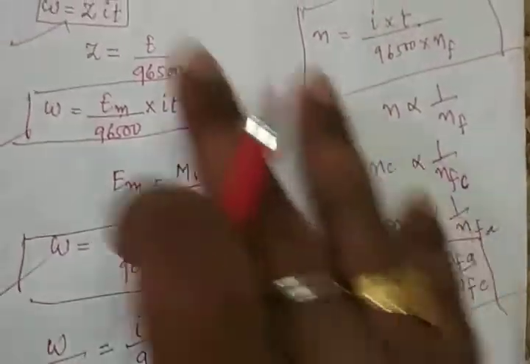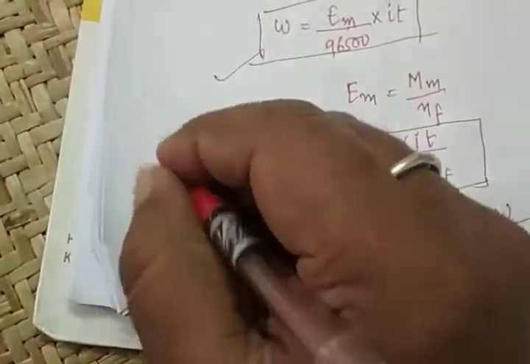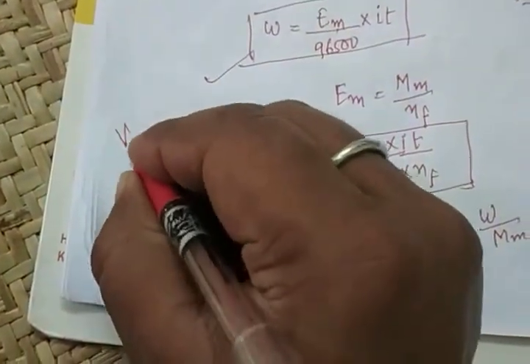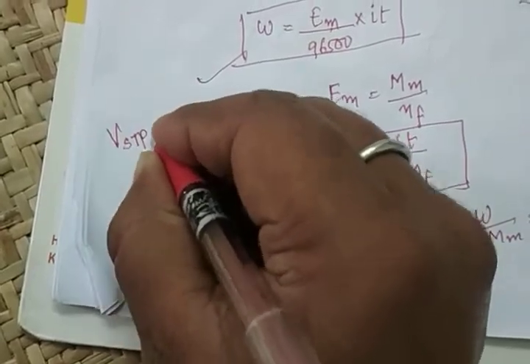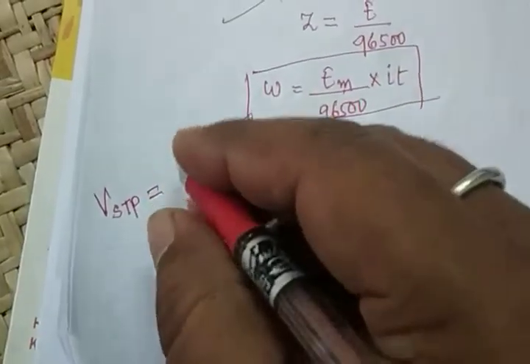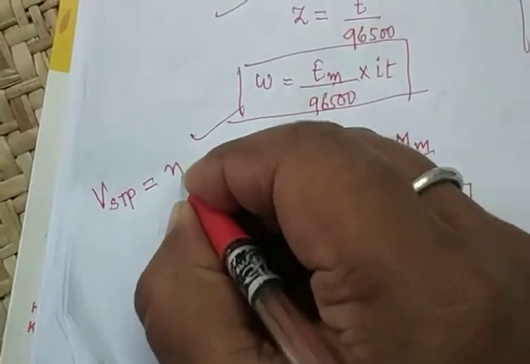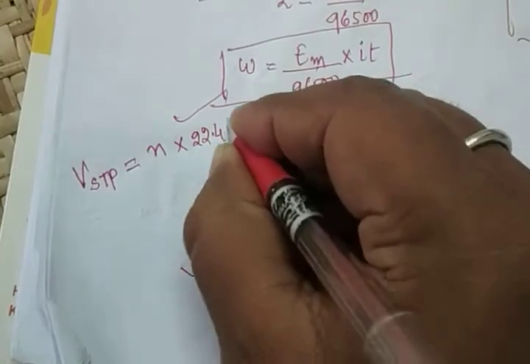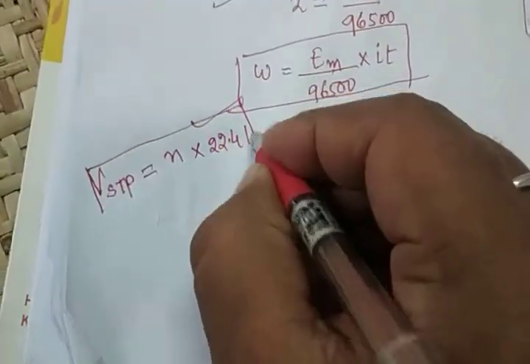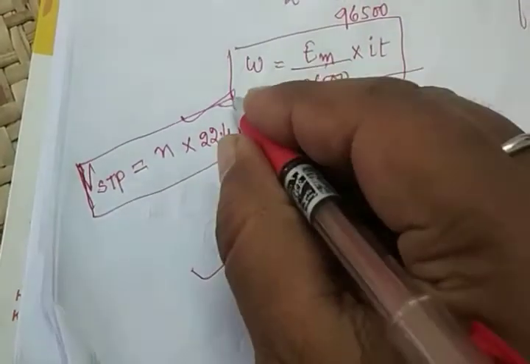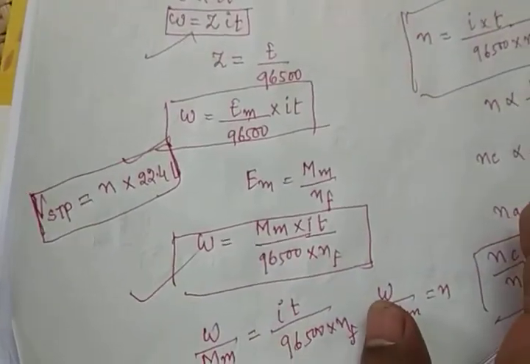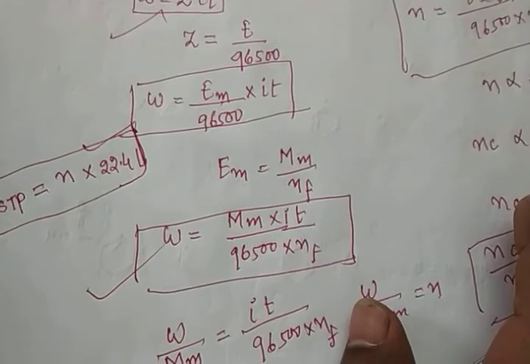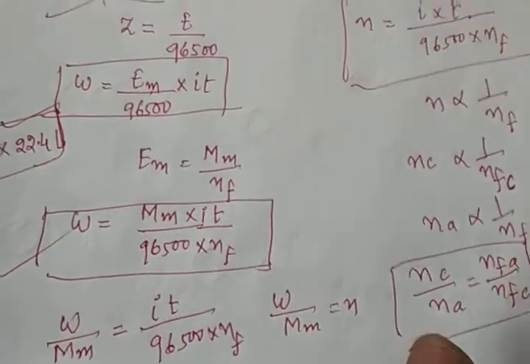After this Faraday's first law, very important is the volume of gas at STP. Just learn that volume of gas at STP. This is also a topic of class 9. It is n, number of moles, into 22.4 liter. So this is also a very important formula. All formulas are based on Faraday's first law. So there are 1, 2, 3, 4, 5 and 6 formulas based on Faraday's first law. Okay student? Clear? Okay.